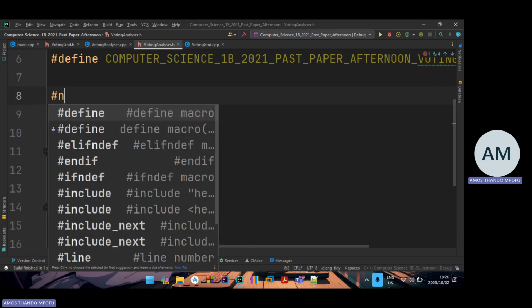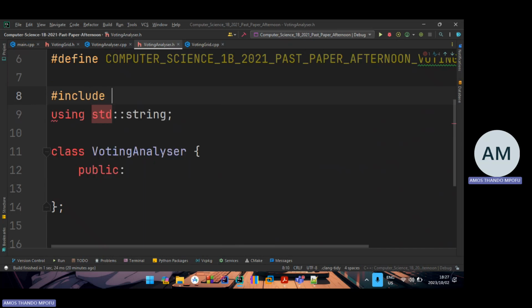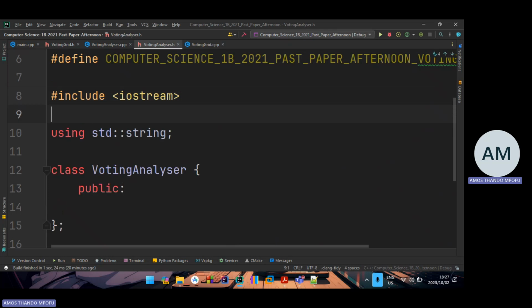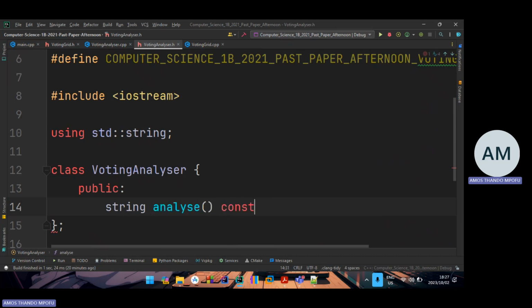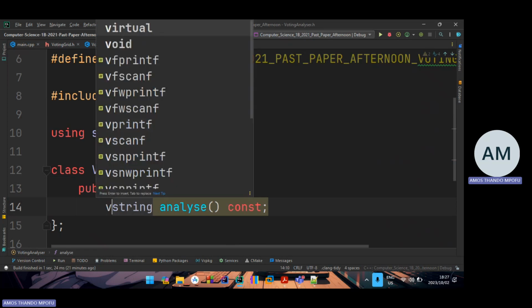And then I need to include iostream. Then it'll stop complaining, because the standard namespace is inside the iostream. So I need to do that. And then now I can just say string, and then analyze method const,